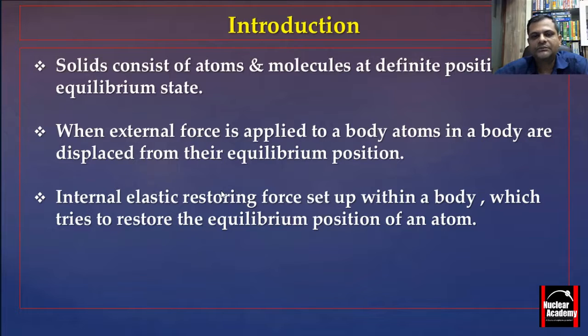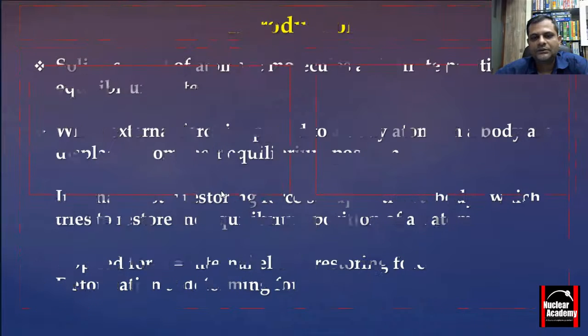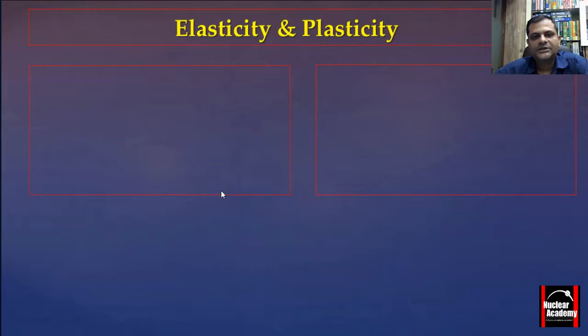तो इसका मतलब यही है कि जैसे ही हम एटम्स को इक्विलिब्रियम पोजीशन से डिस्टर्ब करते हैं, तो वो अपनी इक्विलिब्रियम पोजीशन से हट जाते हैं, लेकिन एट द सेम टाइम एक रिस्टोरिंग फोर्स उनके बीच में काम करता है जो उनको फिर से उसी पोजीशन पे लाने के लिए ट्राई करता है। ये हम आराम से समझ सकते हैं। और ये देखा जाता है कि अप्लाइड फोर्स एग्जैक्ट इंटरनल इलास्टिक रिस्टोरिंग फोर्स के बराबर होता है, उसको ही हम डिफॉर्मिंग फोर्स कहते हैं। ये बात ठीक से याद रखो। अभी हम नेक्स्ट स्लाइड में जाएंगे, व्हाट इज इलास्टिसिटी एंड व्हाट इज प्लास्टिसिटी।